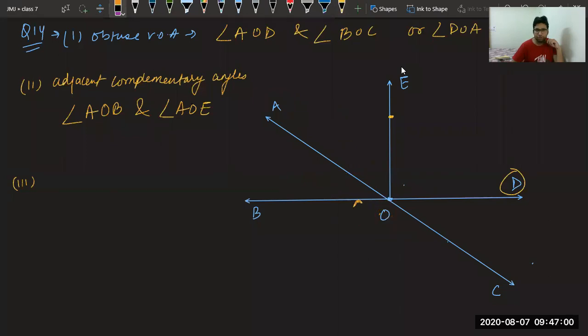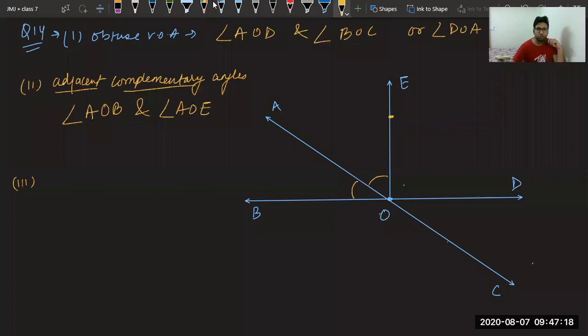In the second part, we have to see which angles are adjacent and also complementary. You can see in all these, only these angles look